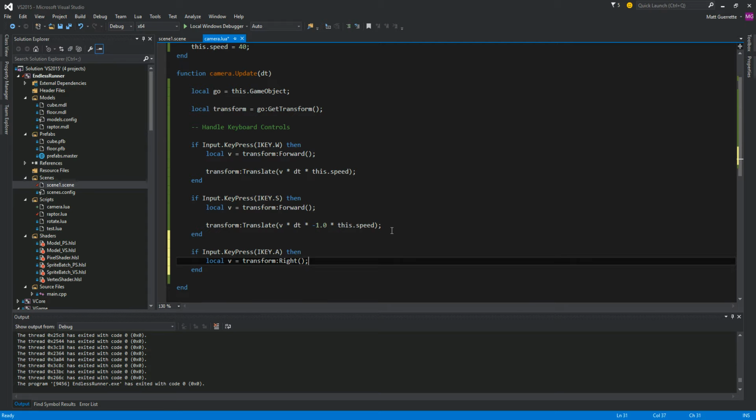And we're going to grab the right vector. So depending on how we rotate the camera, we always want to know what the relative right vector, perpendicular to the up and forward, is. So transform, translate,